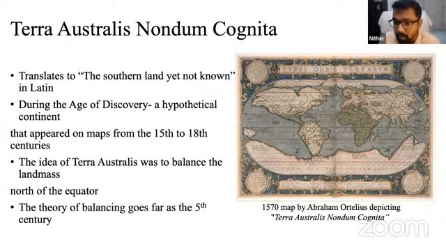So you can see in the map, the whole Antarctic region is called the Terra Australis non cognita, the unknown land. Australis is a term from which Australia emerged, and Australis just means southern, and Terra means earth or land. So this is how the idea or the concept of Australia emerged in the Middle Ages.